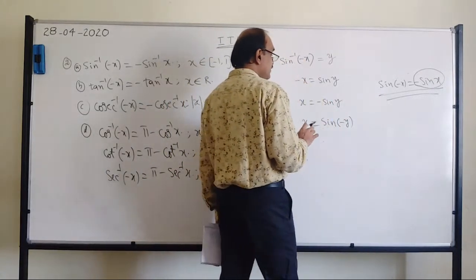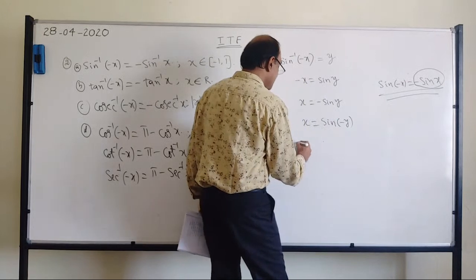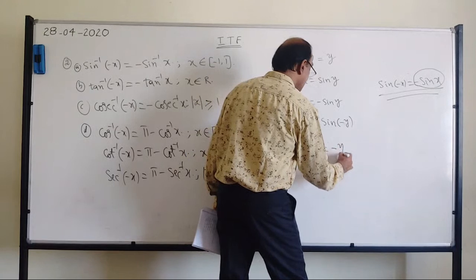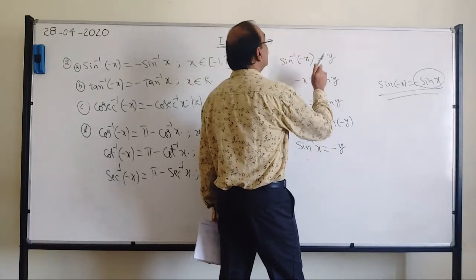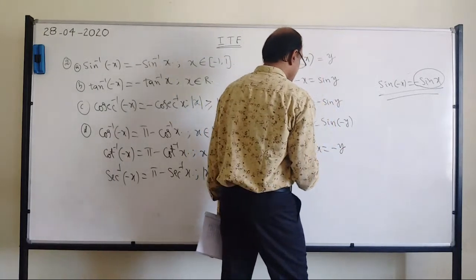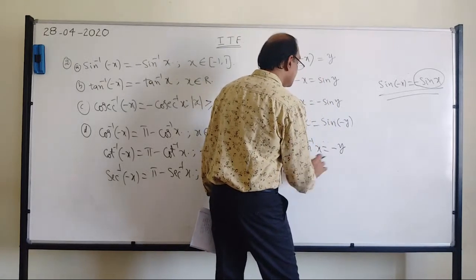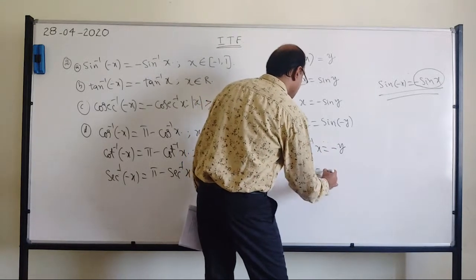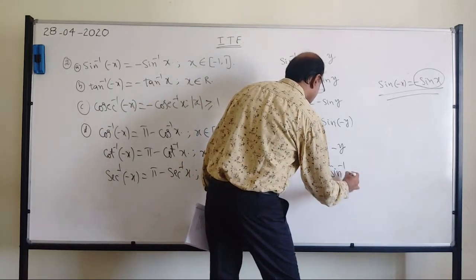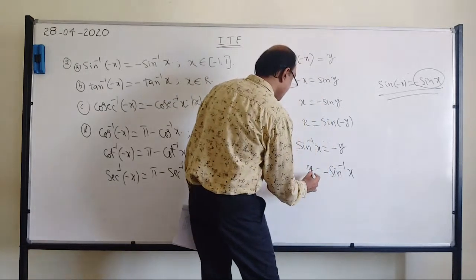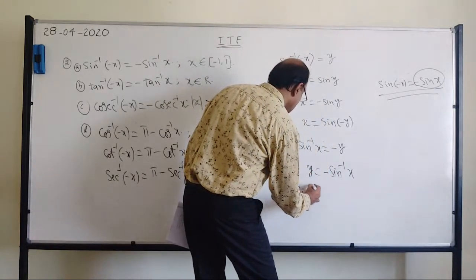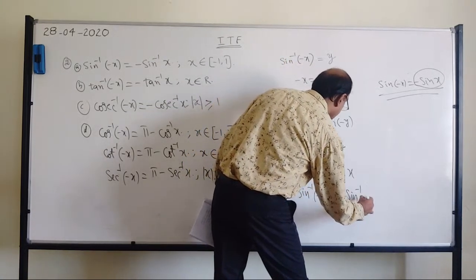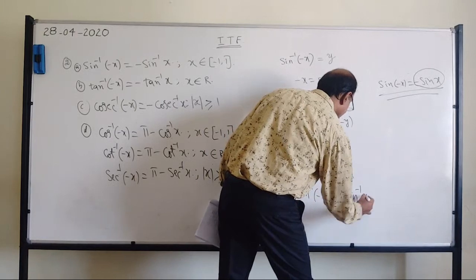Now what you do? You do the trick. Sine isn't it this side? You get sine inverse of x. And what is left here? Minus y. So y is what? Sine inverse of minus x. And now minus you can send it here, so you get plus by minus minus. Y equals minus sine inverse of x. So sine inverse of minus x is finally converted to minus sine inverse of x.